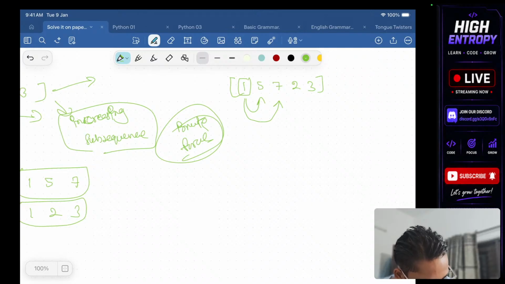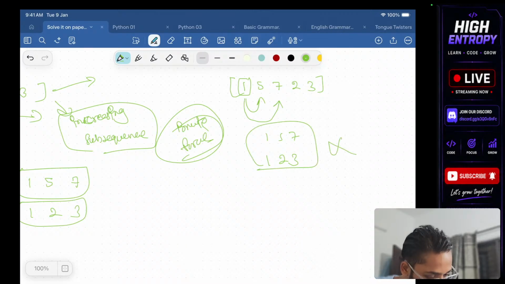Then 2, not 3, not. You have considered 1 in the sequence. But there is also a problem. 1 is 157. Another is possible, 1, 2, 3. There are a lot of